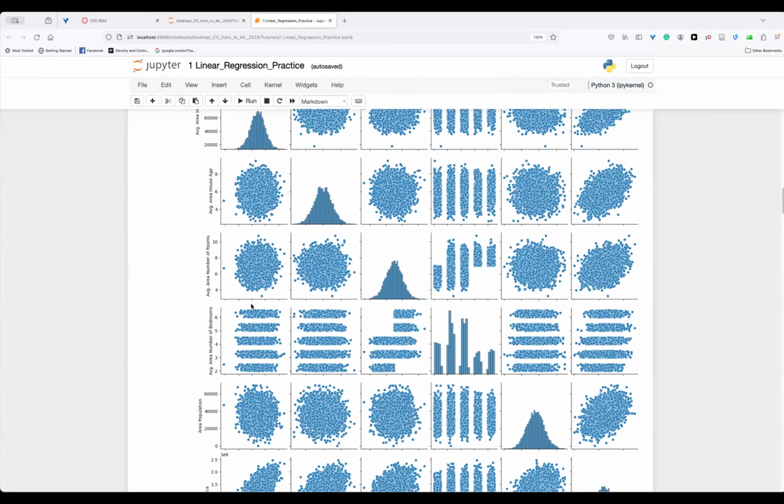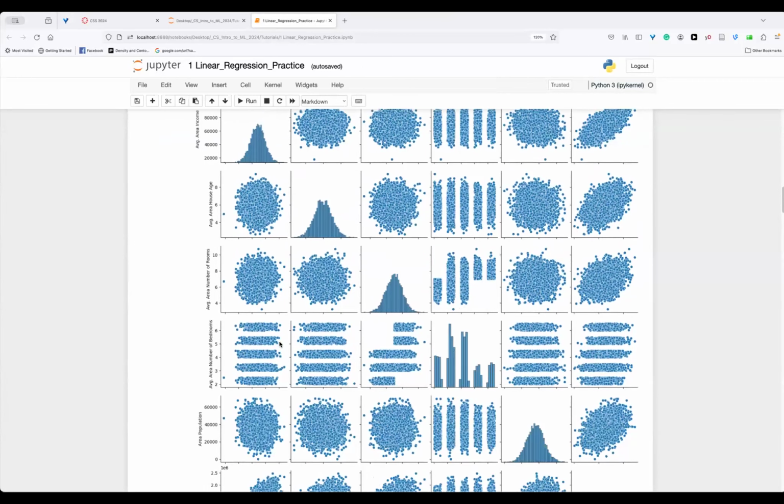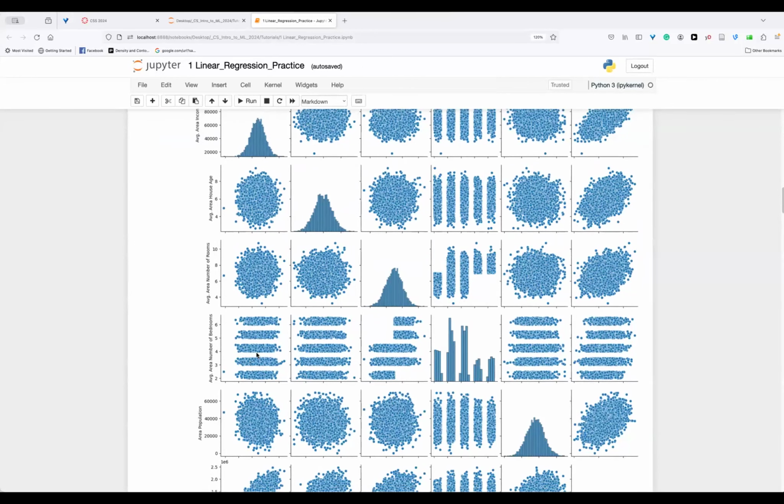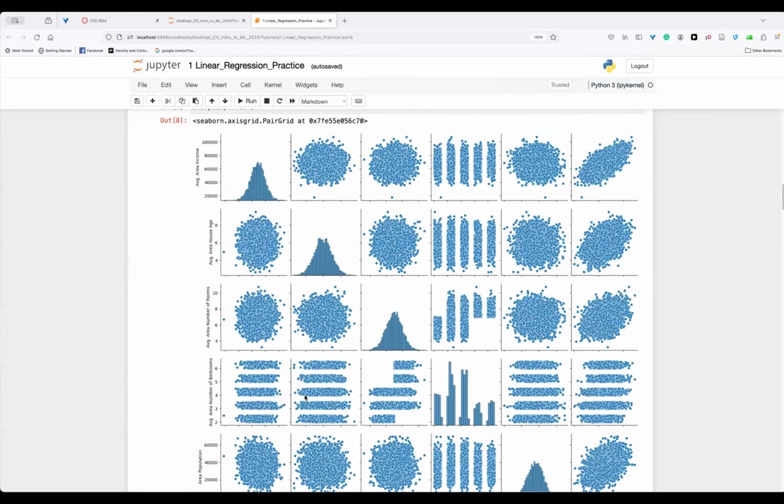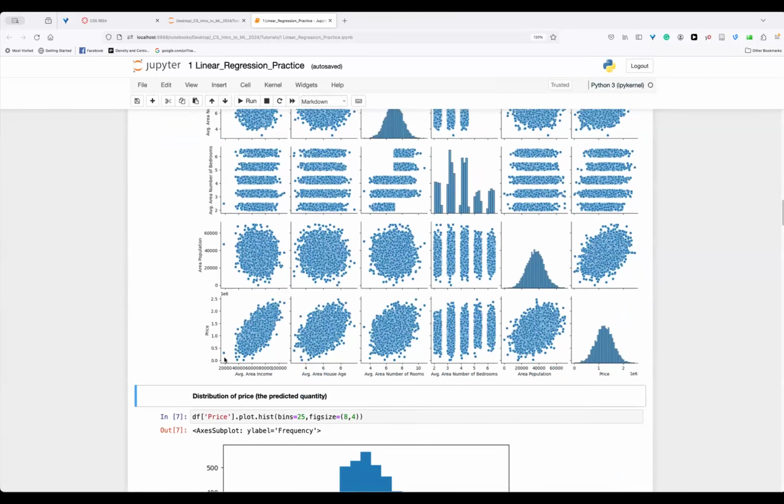Average area number of bedrooms and average area income also do not seem to be correlated, because for every number of bedrooms there is a wide range of options. There is only one correlation where we can say something could be there: average area income and price. You see, it's not a perfect circle. It's more elongated, which means that as the average area income grows, the price is also